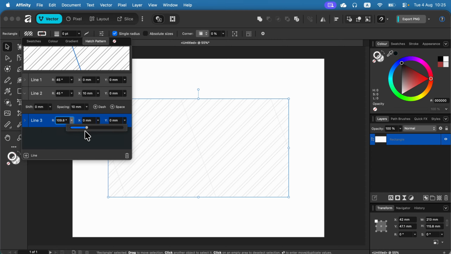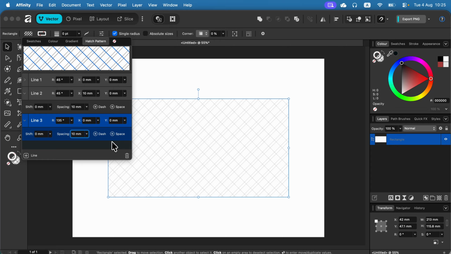That's really helpful with Affinity. We don't need to wait to the end to see the result. I can see the live preview. I'll make this one 135 exactly. And click the arrow for more settings, spacing just 10. And here's our pattern. If you don't need a line anymore, you can always click this little trash bin icon